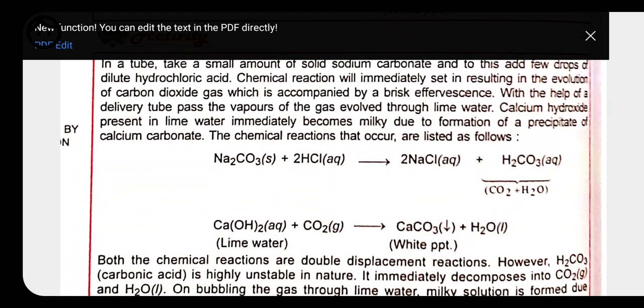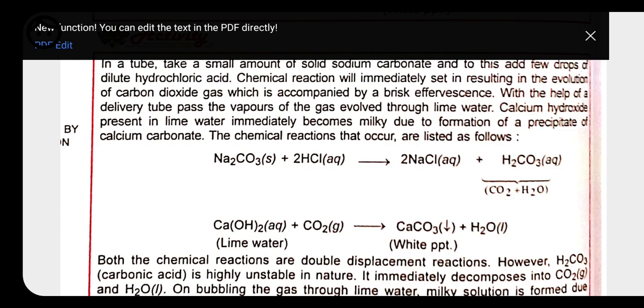Here we have a few more examples of double displacement reaction. See, like calcium hydroxide, Ca(OH)2. The common name of this one is lime water. Here it reacts with carbon dioxide gas. So here this one is going to give what? Calcium carbonate plus water molecule. So here also a precipitate of calcium carbonate forms. Here also they are going to exchange their ions with one another.